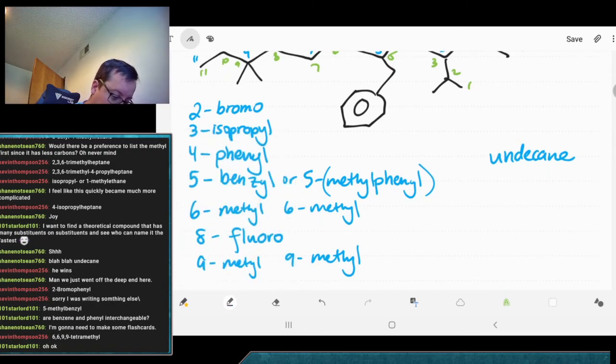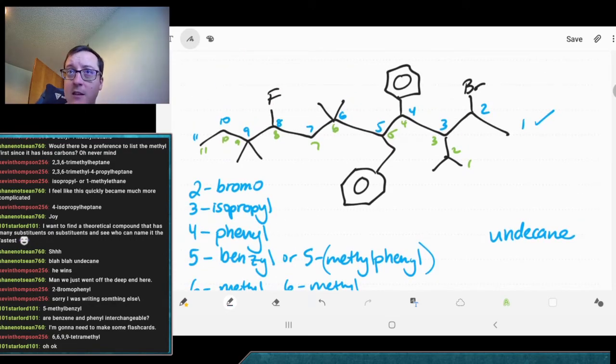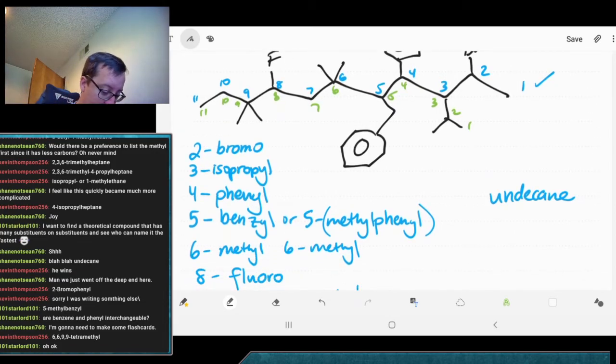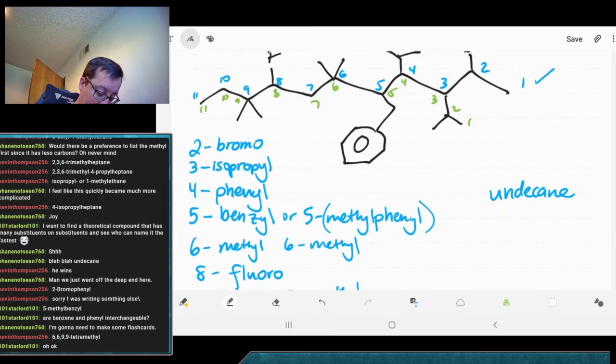I mean, this molecule may seem terribly complicated, and it is. But it's all about, can you identify the substituents? Rather, can you first identify the longest chain? That's going to give things the lowest numbers. And then after that, can you name all these substituents and then throw them in alphabetical order with their numbers? That's all it is. So looking at this,